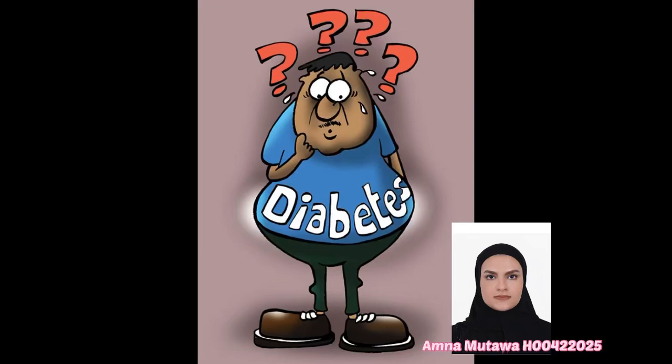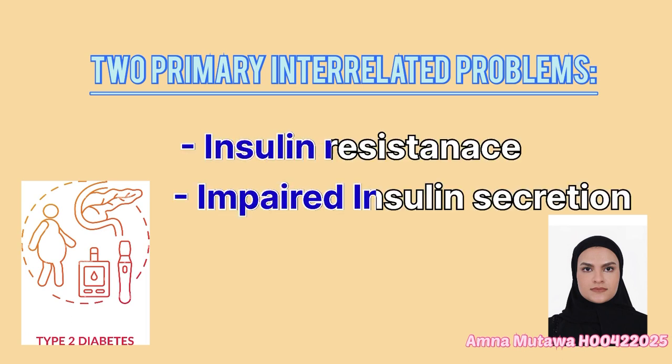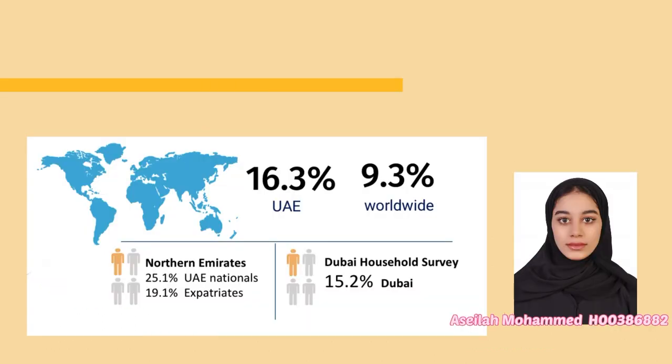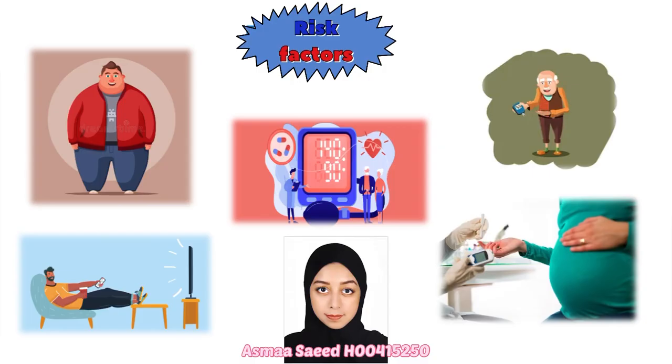Diabetes type 2. It's a chronic medical condition, a defect in how the body controls and uses glucose for energy. There are two primary interrelated problems: insulin resistance and impaired insulin secretion. The International Diabetes Federation reported that the prevalence of diabetes in the United Arab Emirates reached 60.3 compared to 9.3 worldwide. The risk factors of type 2 diabetes include obesity, physical inactivity, history of gestational diabetes, age, and high blood